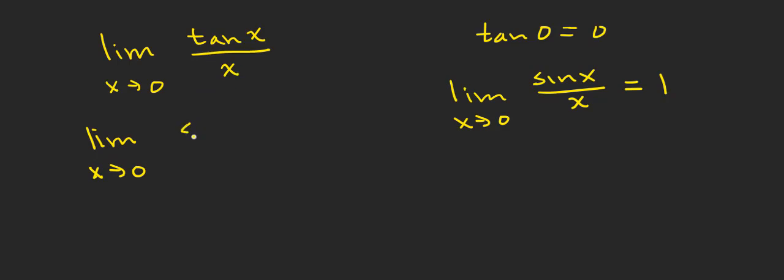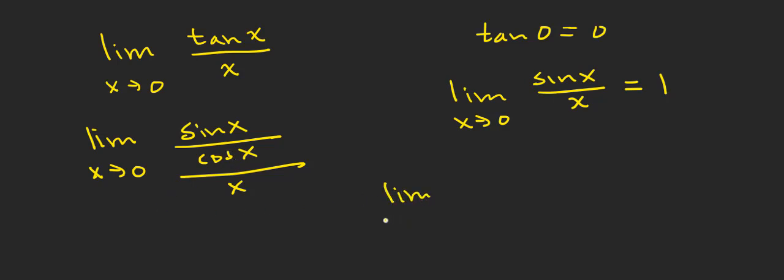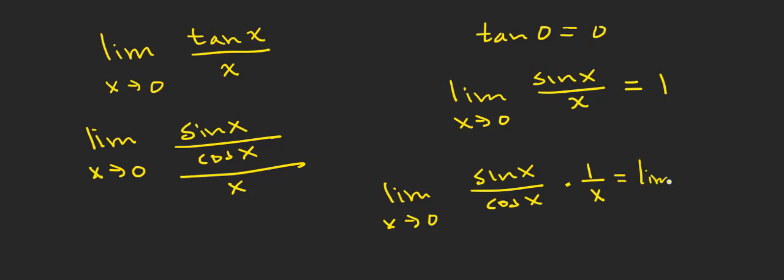Remember, tangent x is sine x over cosine x, and you've got all that over x. So if you rewrite this, it's going to be the limit as x approaches 0 of sine x over cosine x times 1 over x. And you can rewrite this as the limit as x approaches 0 of sine x over x times 1 over